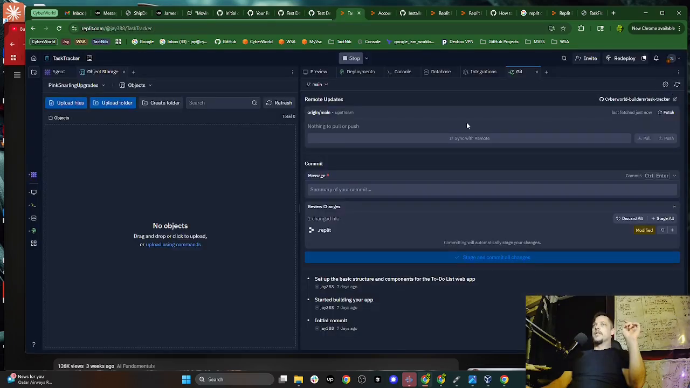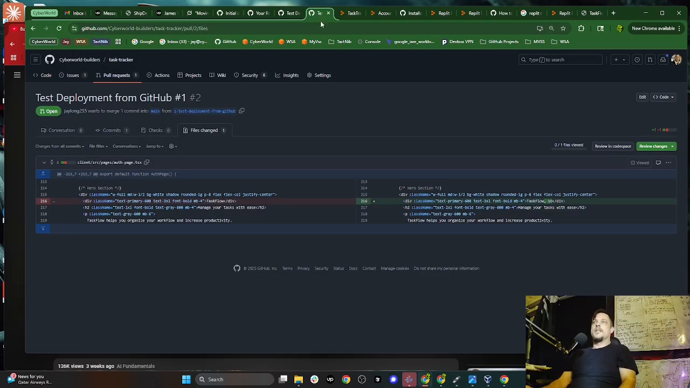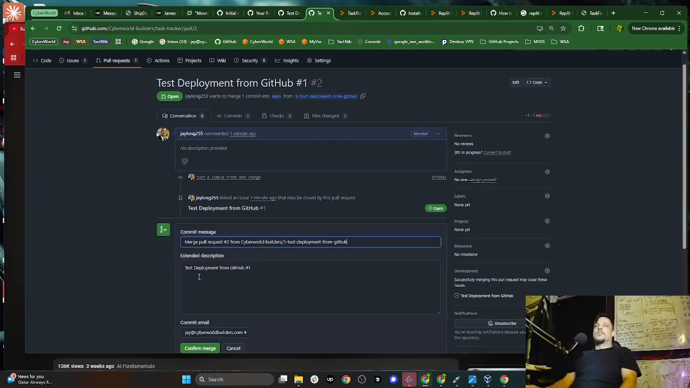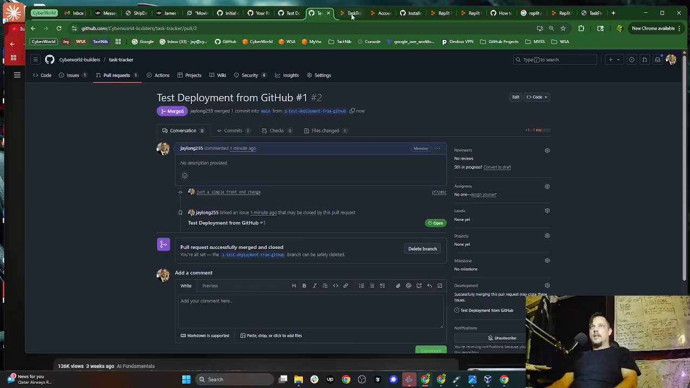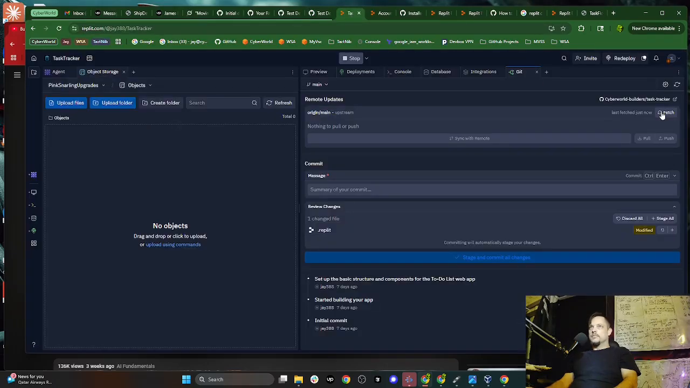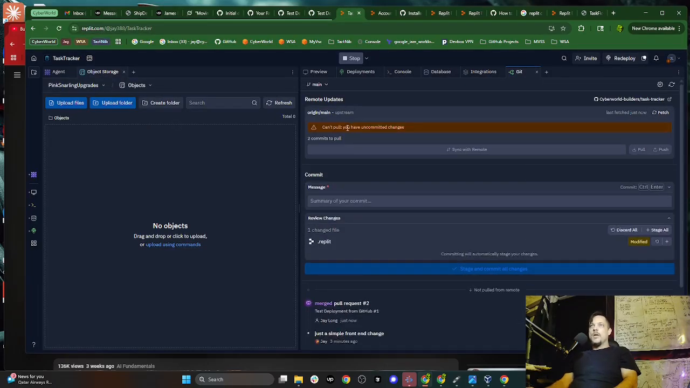I'm not gonna play around with this too much. I'm just gonna merge into main and deploy. Merge. Now, fetch. What? How do I have? Oh, how did I not notice this? Okay, this is just a matter of